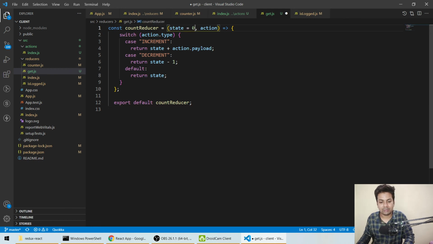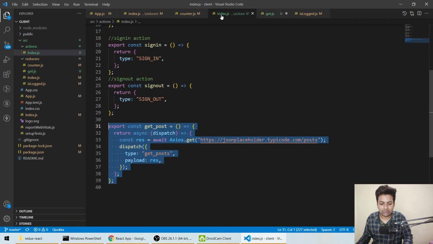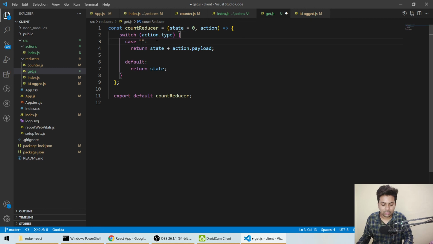We'll do it fast this time. State will be 0, and we remove decrement. This time if the case is get underscore post, just send action dot payload, because we don't need the result, return that only.